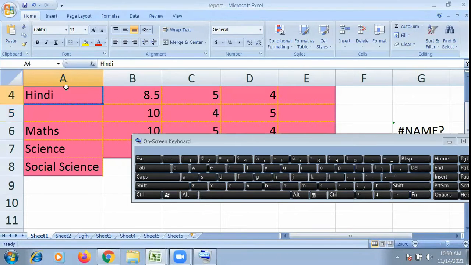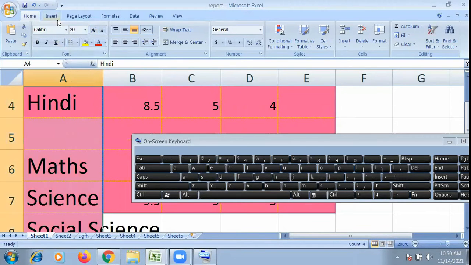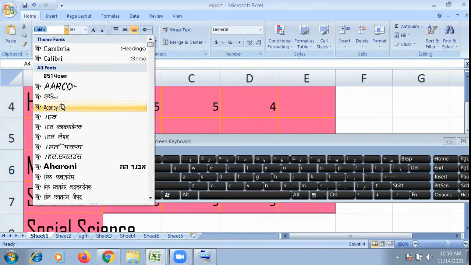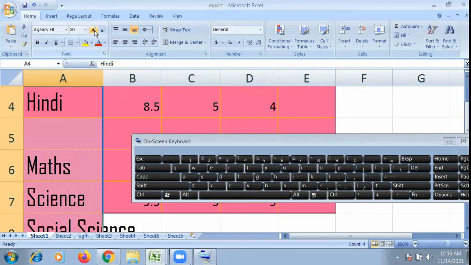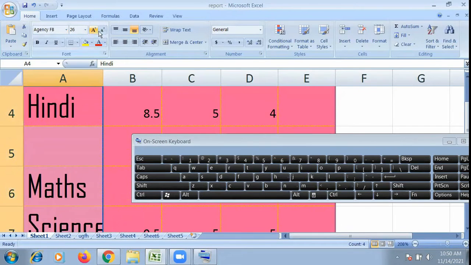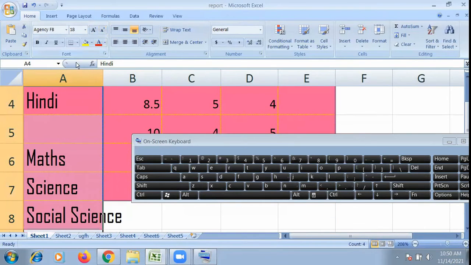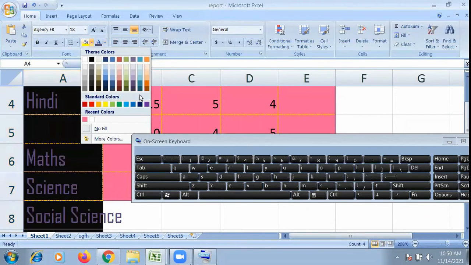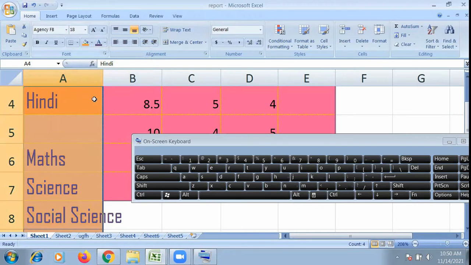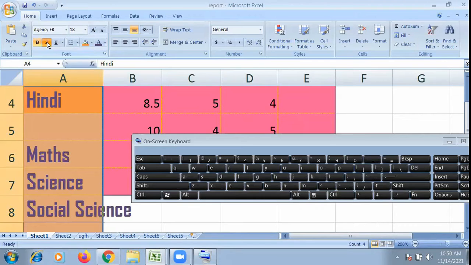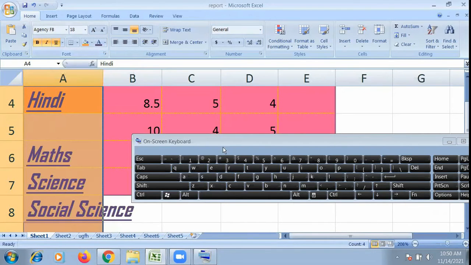So we can color the text. First we need to select it. Then we can increase the size. We can take the writing style. We can increase the font size by 1. It is used to increase and decrease point-wise. We can give text color. Okay, we can give color in the background, which is used to fill the table. We can give border, we can make bold, italic, we can give underline to the text.